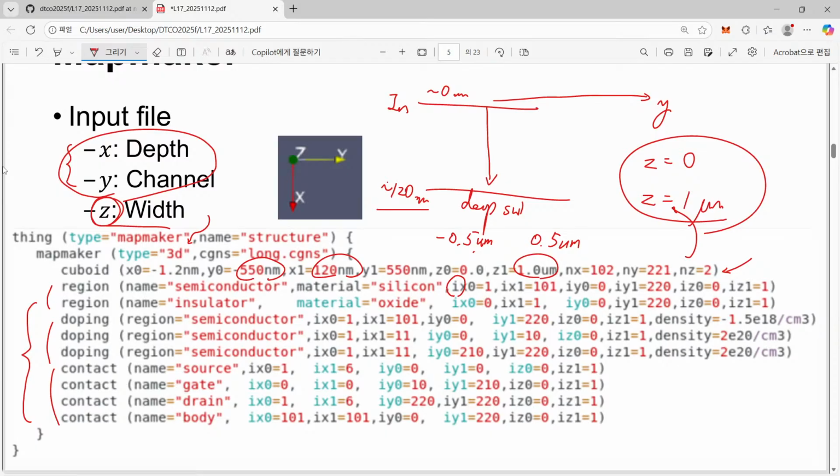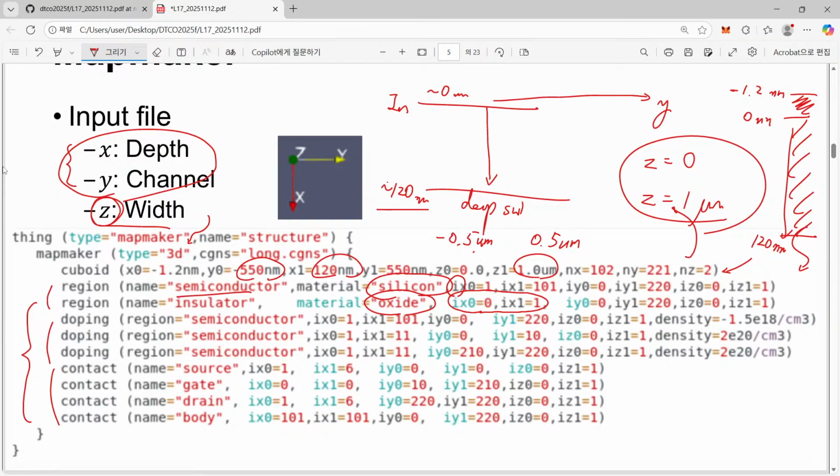So most of our device structure is assigned as silicon, and only the top one layer is corresponding to this one. Yes. So 0 to 1 means that starting from minus 1.2 nanometer and ending at 0 nanometer, this one single layer is assigned as insulator, and all the rest up to 120 nanometer is assigned to